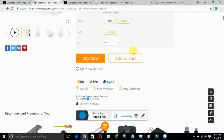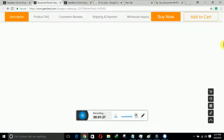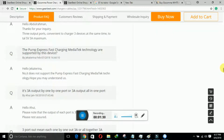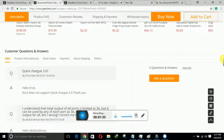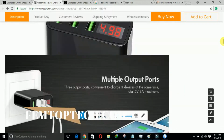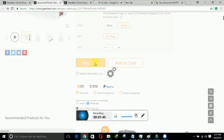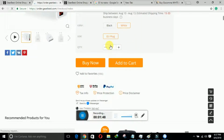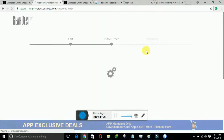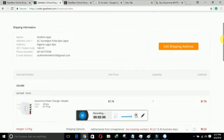So now to get started, after you already search for your items, make sure that you read reviews concerning the product before you shop, because hardly will you return this item. So make sure you read reviews and other related info concerning any item you want to buy on this platform. Now you're going to click on buy now. When you click on buy now, it's going to take you to this interface, the checkout point. Here I want to assume you already put in your shipping information, which is your location, your address, your info